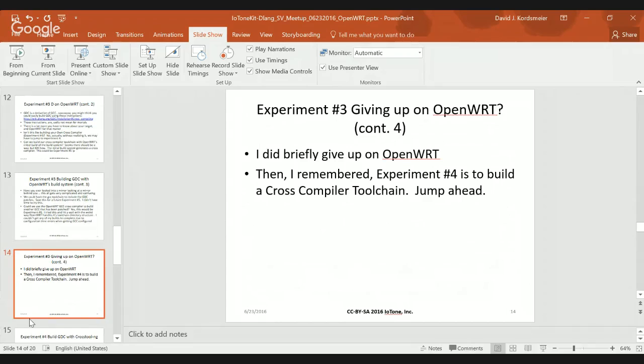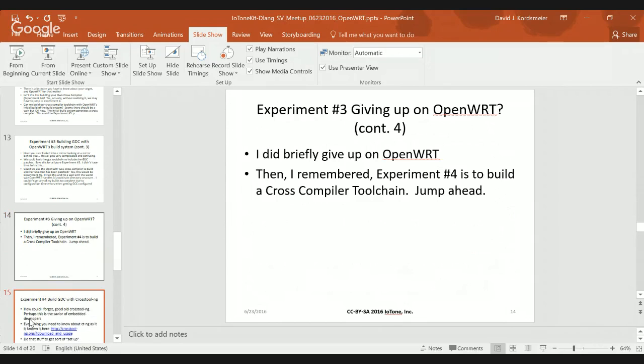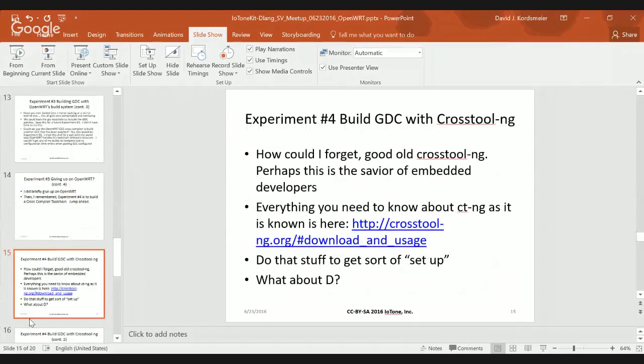And then at some point I realized, there's another way. I know my target. I know the general details of the kernel, the router device that I'm going to put this on. I could just use a different cross-compiler toolchain. Forget about trying to build out of their build route with OpenWRT. Build this other thing, and then I ought to be able to generate binaries that will work. So I did that. Crosstool-NG is excellent, and a little time consuming to get into maybe the